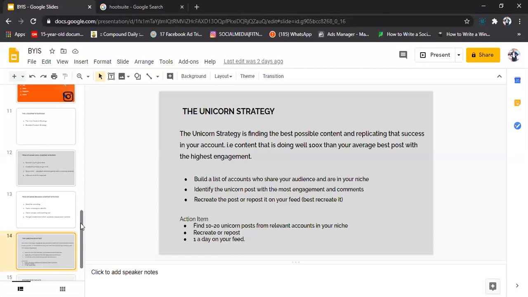So that is how this strategy works. If you apply it, you're not going to have content block. Every day you'll have content to post. I've been using it since I discovered it. Even before I discovered it, I didn't know I was using this strategy until I found out about it and started using it. It's been great. So use it. Try it today. After you watch this video, just try it.